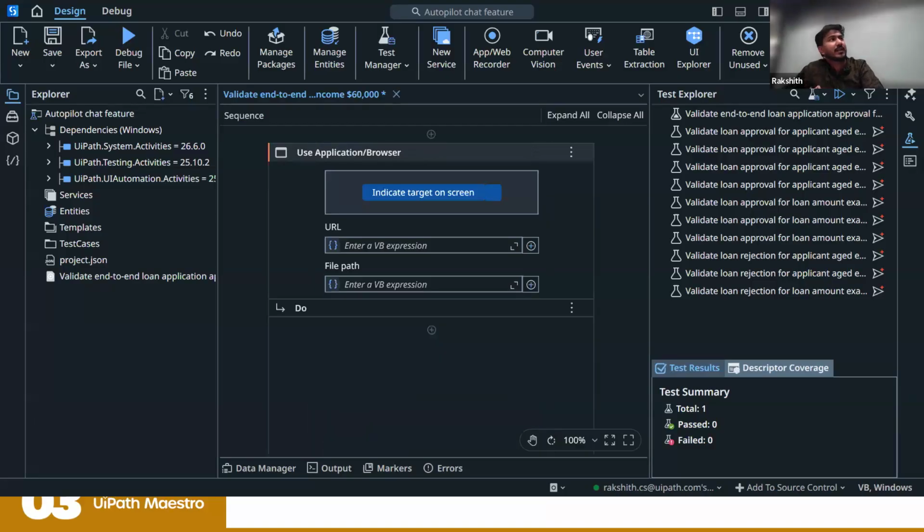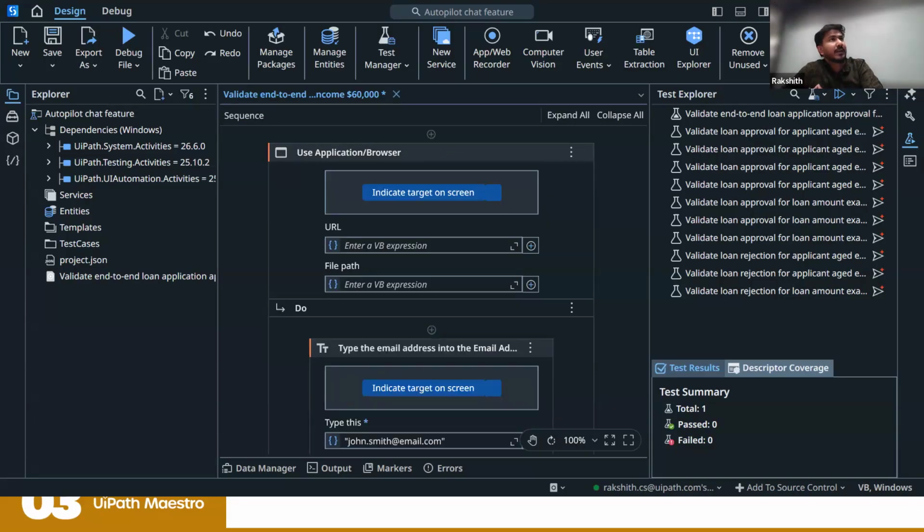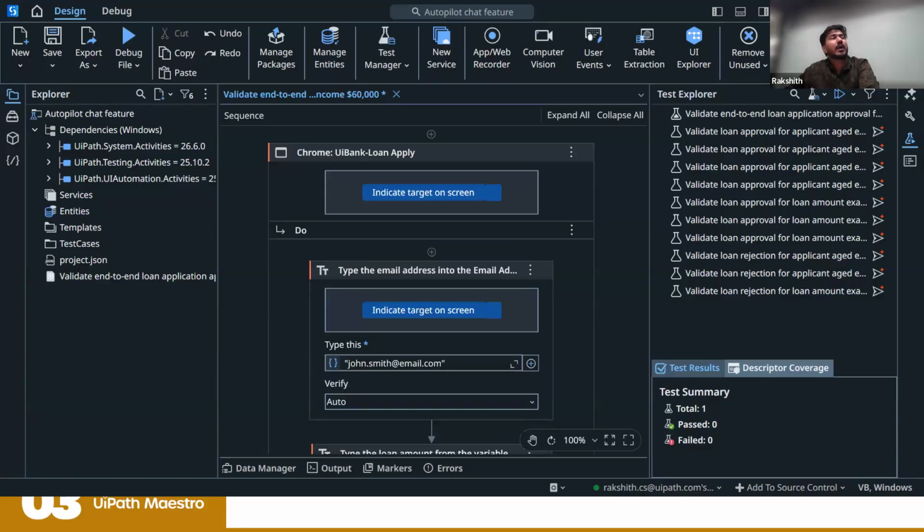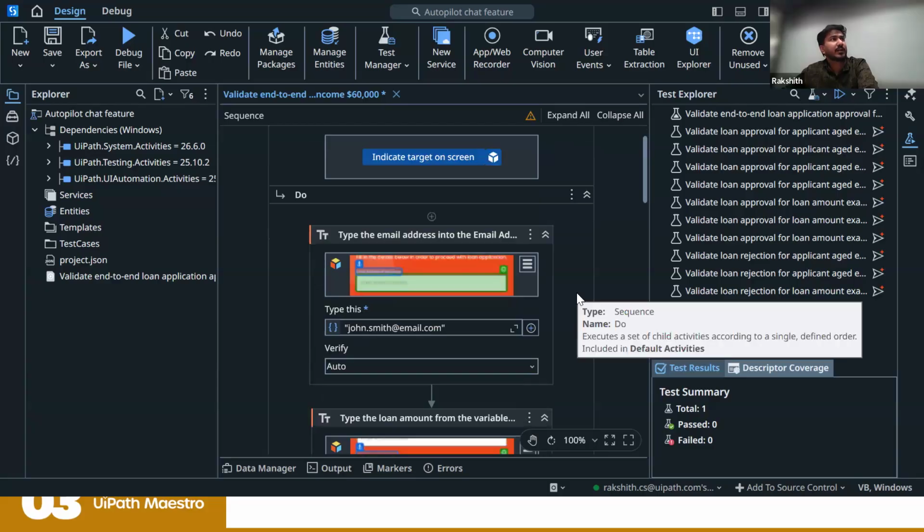So now, as you can see, it has generated the entire workflow. Now our task is to identify and check whether everything is generated correctly or not. As you can see here, okay, it is still generating. You can see